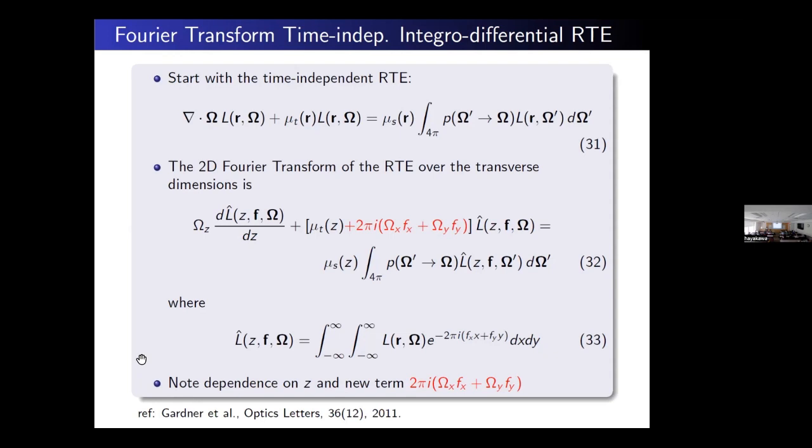What you end up with is an RTE that looks something like this. I highlight in red the effect of the Fourier transform, and I put hats on everything because we're in Fourier space now. This method was devised and documented by Adam Gardner.